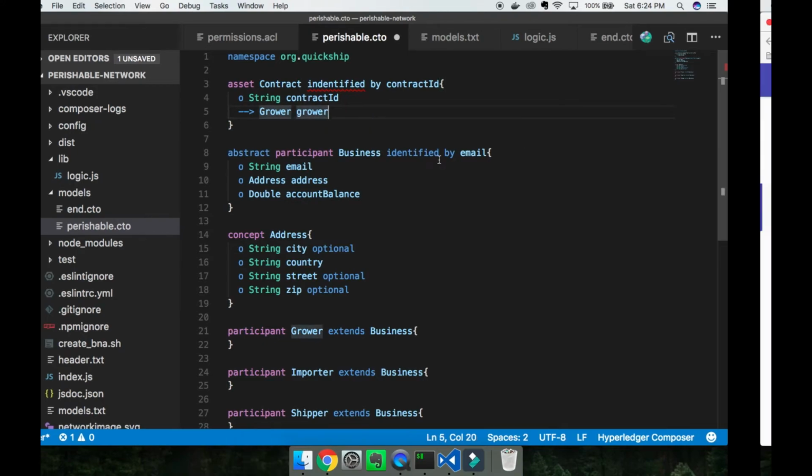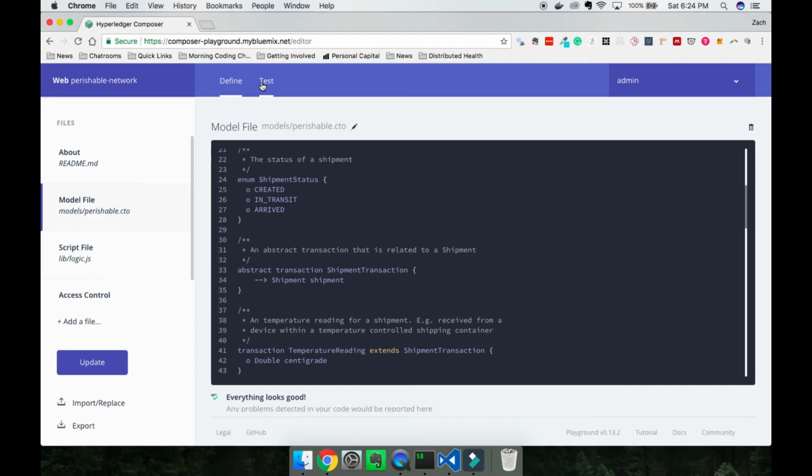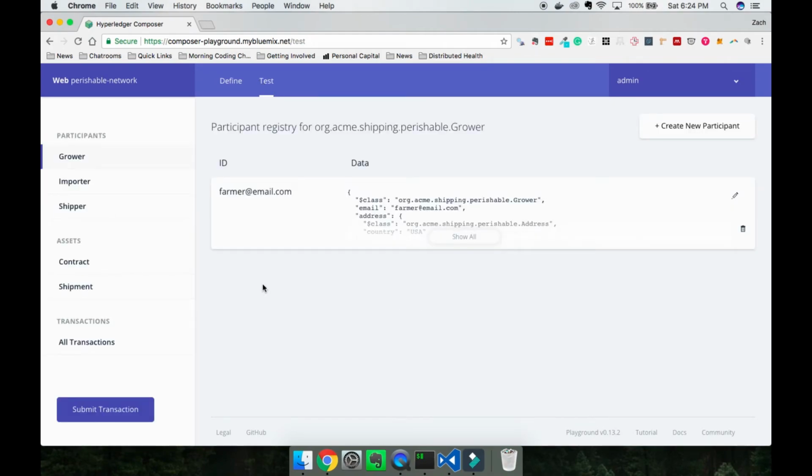Now, to illustrate this, I've pulled up the full network again and created a few objects. This is, once again, not what we have created. This is the end goal of what we will eventually have created. But if you look at the grower here,